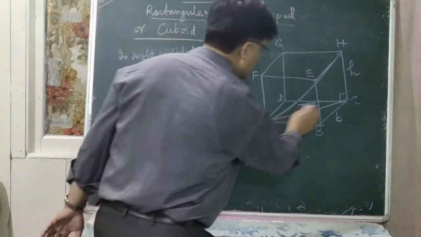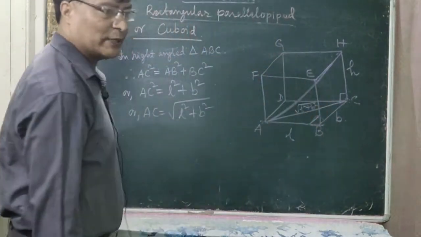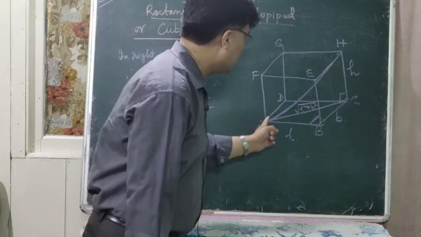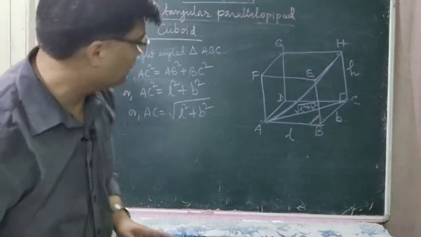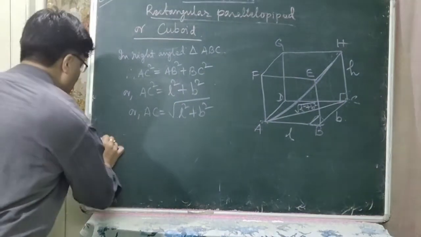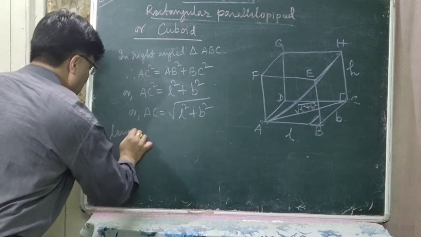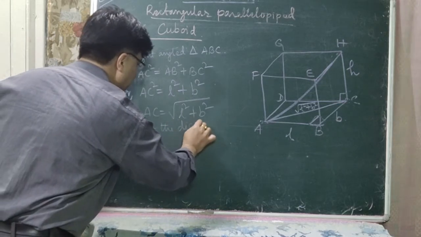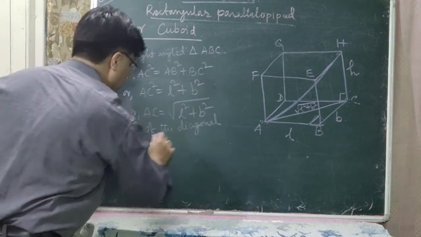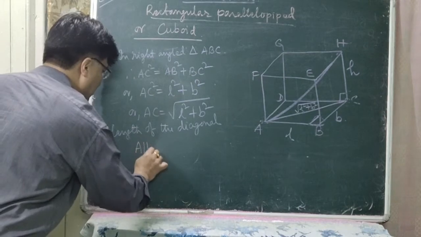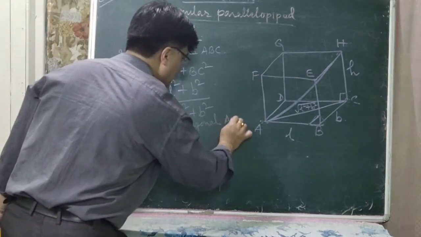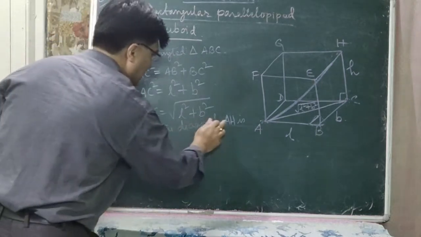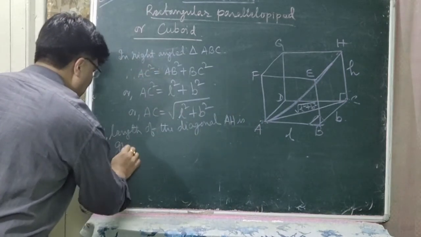That is AC, the length is root over L square plus B square. This HC is h, and you have to find out the length of the diagonal AH, right? So therefore, the length of the diagonal AH is given by,